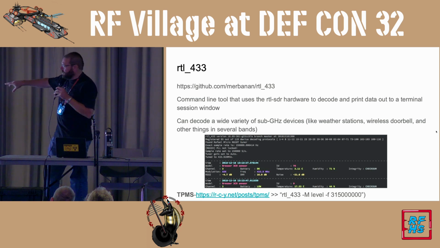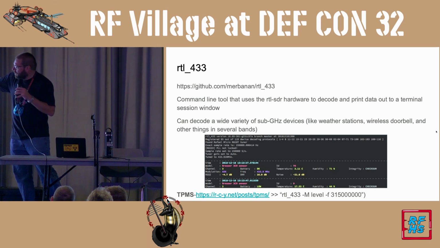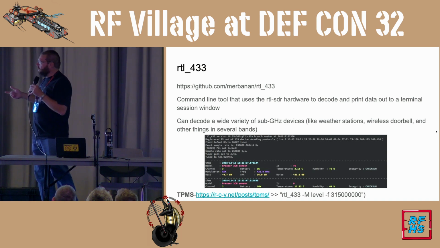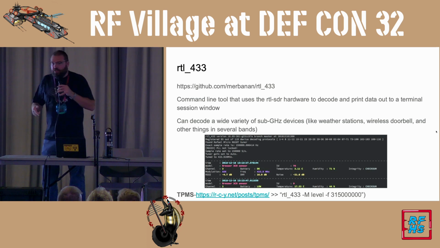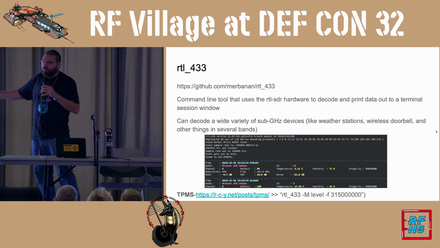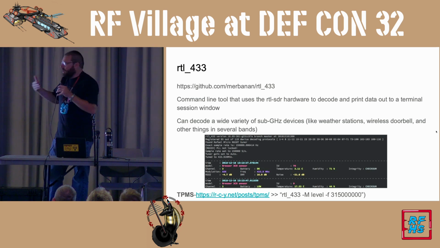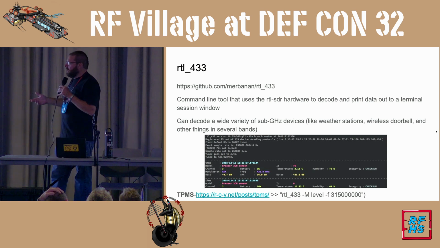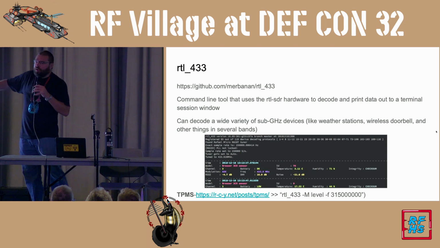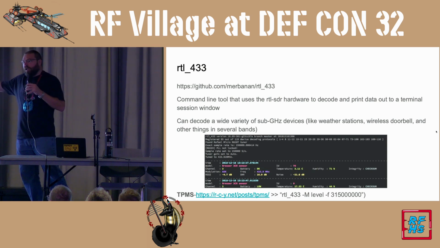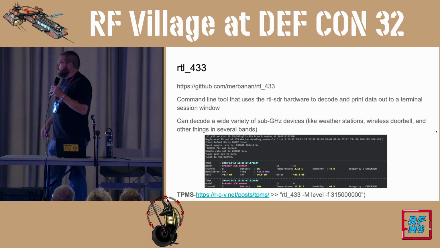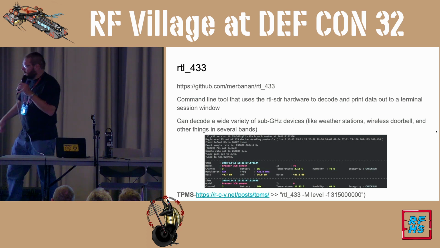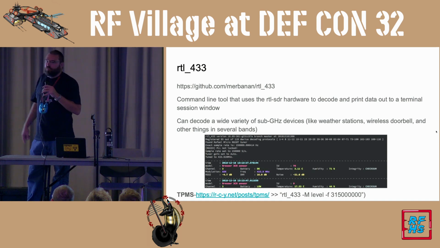Basically what this does is you call a function like that, or you'll see in the screen capture here, RTL 433 uses the RTL SDR to basically pull data directly from weather stations, from tire pressure monitors, from wireless doorbells, key fob sensors, things like that. So you give it certain parameters of where you're looking, where the flag might be. Things like Woody's challenges come out as the data in the RTL 433 output.